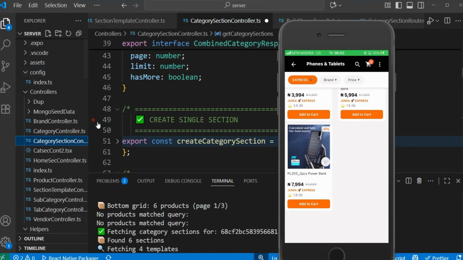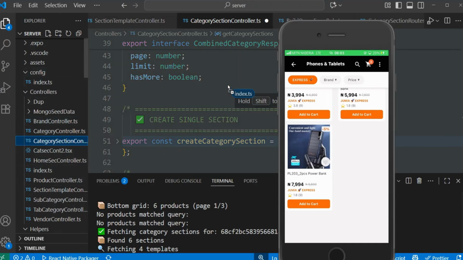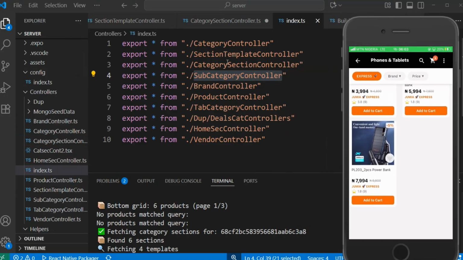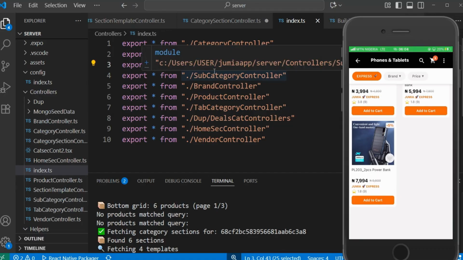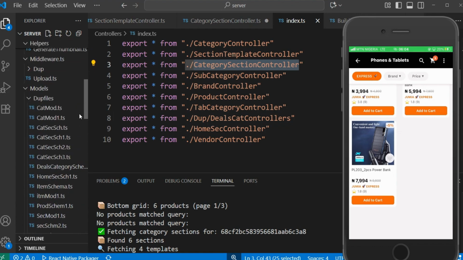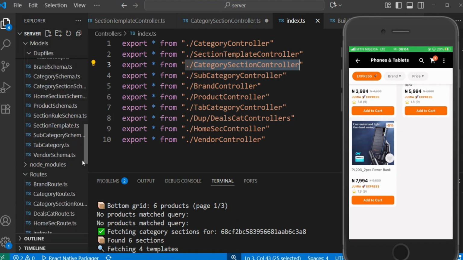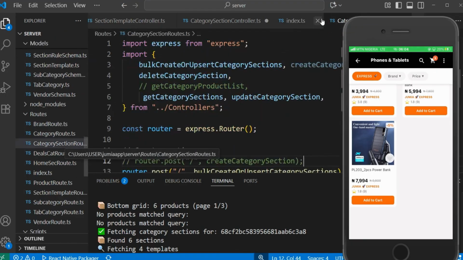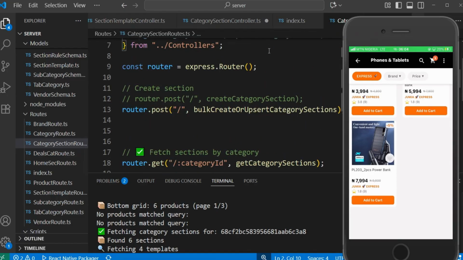We can continue. What we do after here, just our usual convention, we have the index. So we pass this to our index. You can see our category section controller, export all from our category section controller. So it will pass it to our index, and then we can go to our root. So from our root, we have the category section root. Inside the category section root, we can,